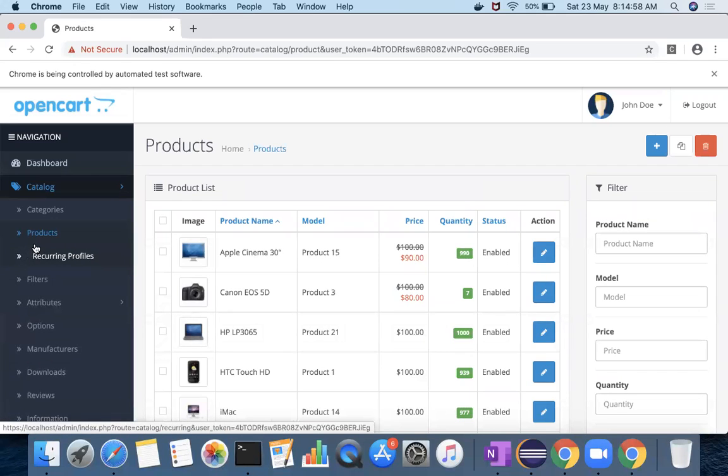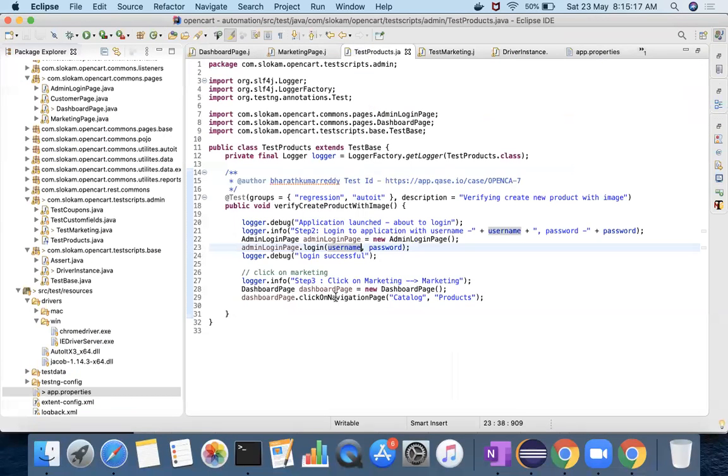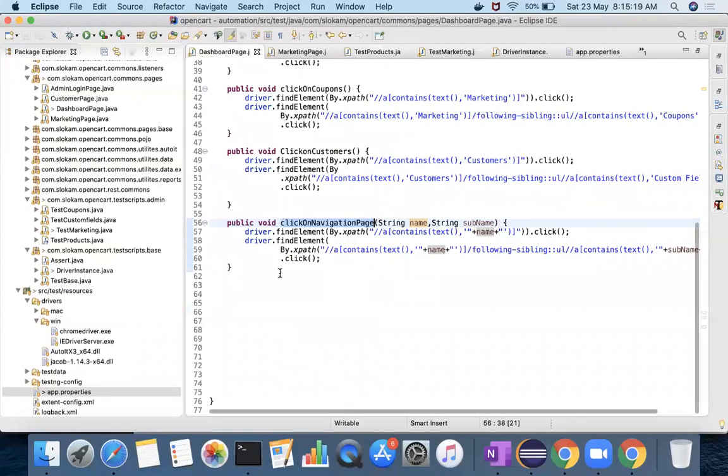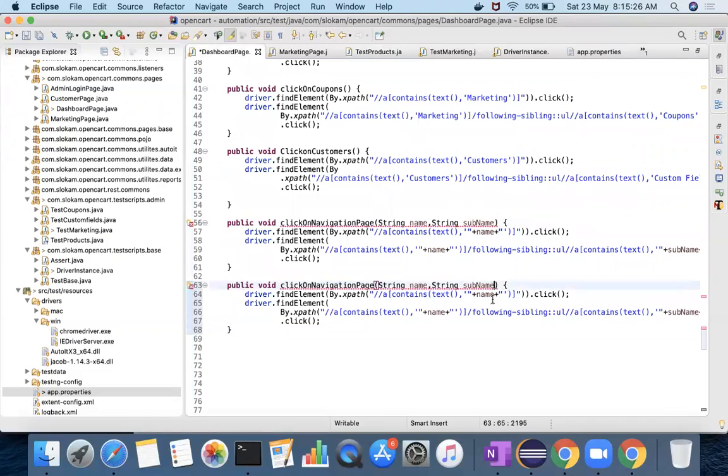Okay, it clicked on products. For the two levels, that's fine, but if you have catalog and then products, and instead you have attributes, and inside the attributes you have other attributes, in this case, if you want to click on that, what you can do is go to the navigation page and write an overloaded method of the navigation page, with a string child name.